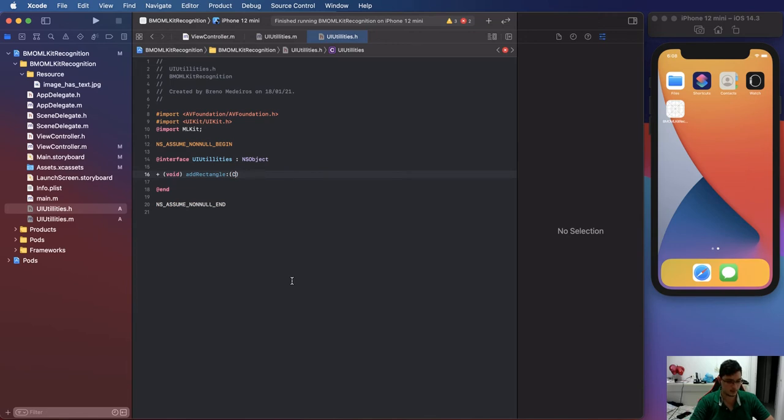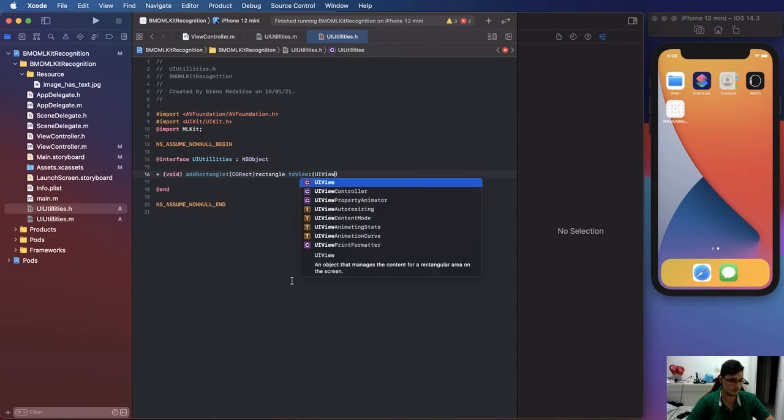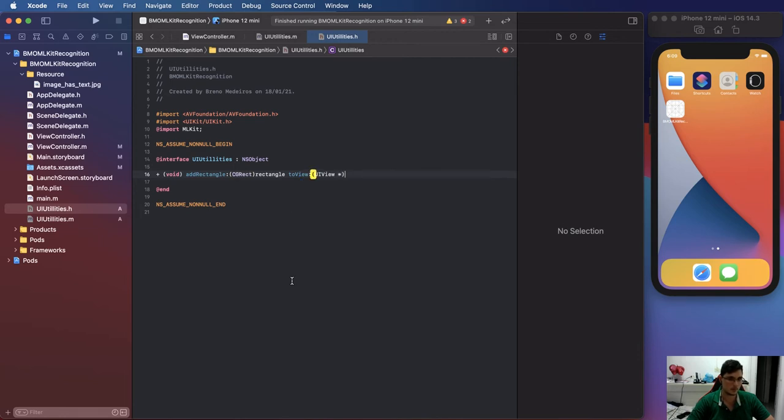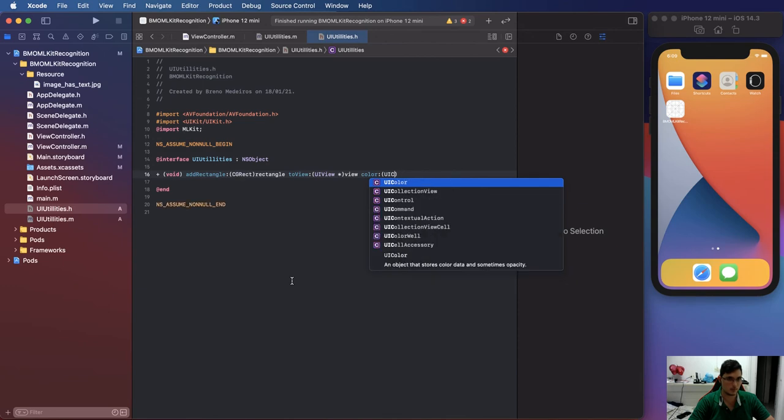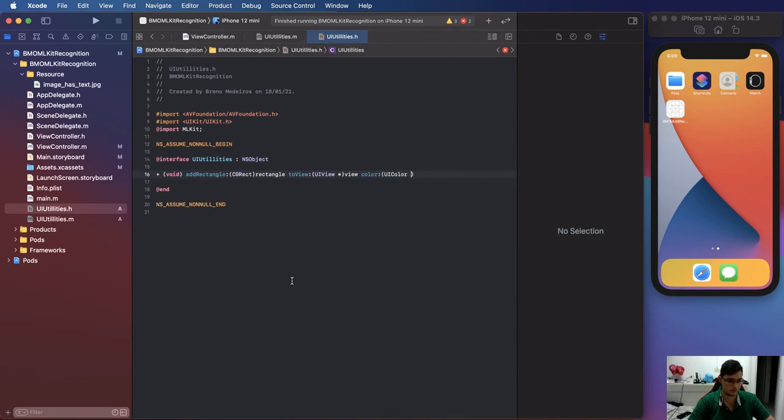And this rectangle will be a CGRect named rectangle, to the view of kind UIView named just view, with the color UIColor named just color. Now save it,